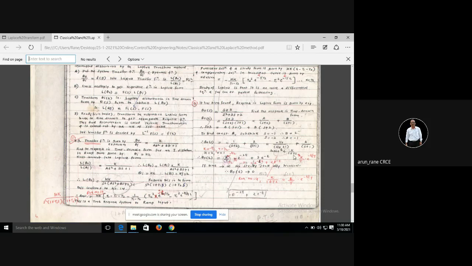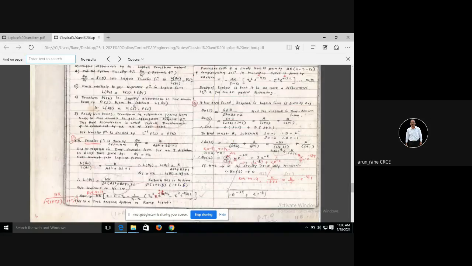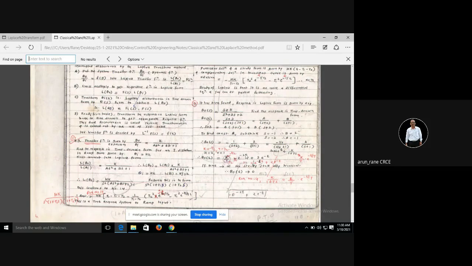This you have to compare with K upon 1 plus Ts, the rule, just now I told you. Rule number 4, K upon 1 plus Ts. What is its time domain? K upon T e raised to minus t upon T. Okay, so K is equal to minus half. So K is minus half, then e raised to minus t upon capital T. So capital T is half. So divide by half means it will go like this.